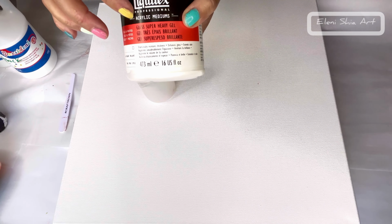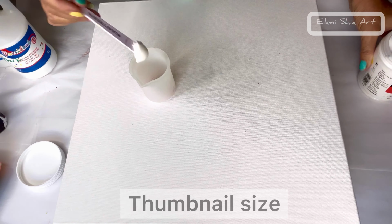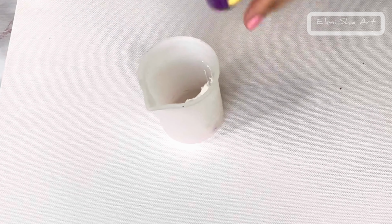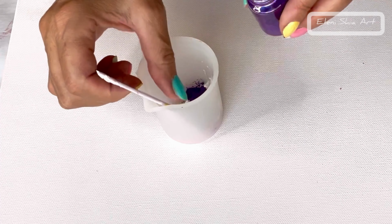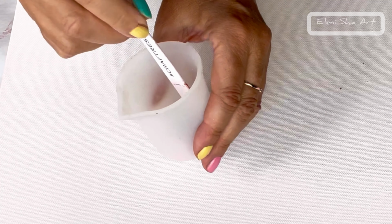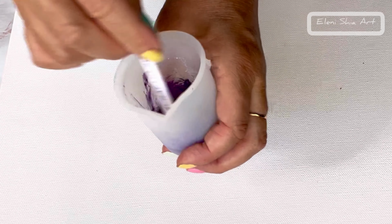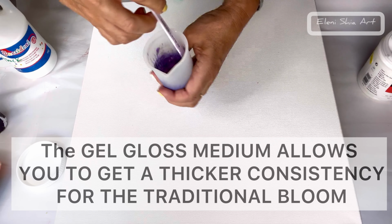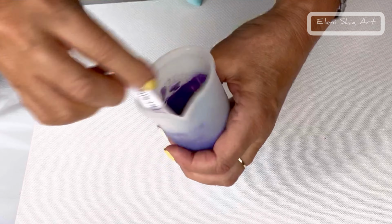So this is the Liquitex GLOSS Gel Medium, and I'm going to take just this much, a tiny bit like this, put that in there, and then I'm going to take 2 scoops of mica powder, the pigment. You should wear a mask when mixing up mica powders because they're very fine dust and you don't want to get that in your lungs. So just give that a good mix, just with the gel medium and the powder. Get a really good mix. Just keep mixing until all that powder disintegrates into the gel,